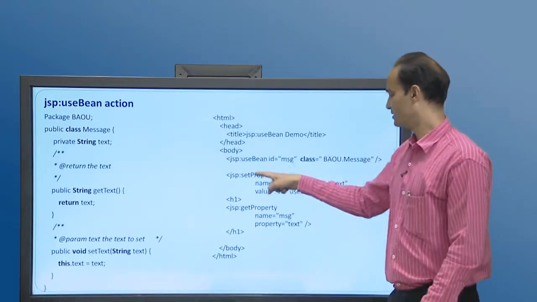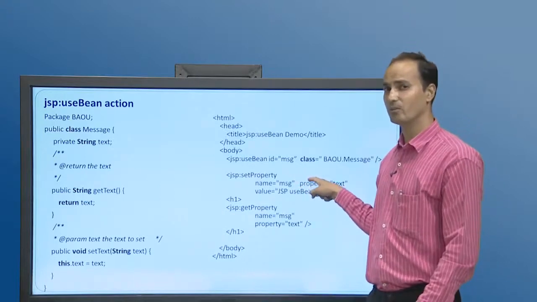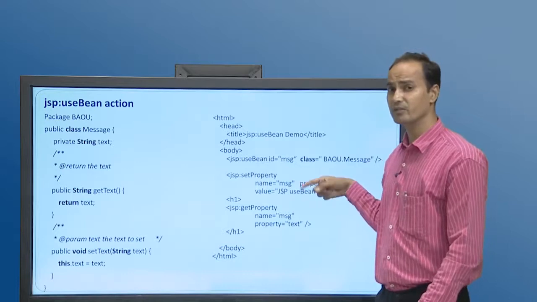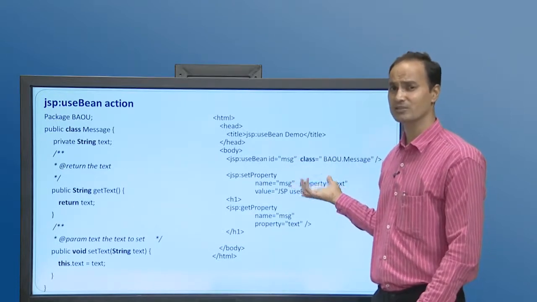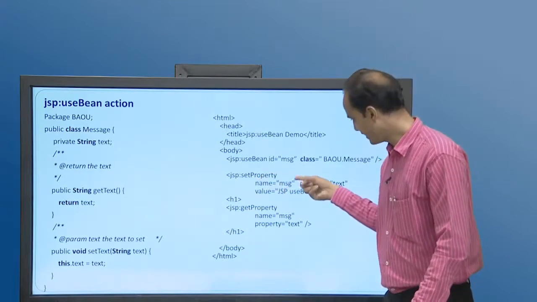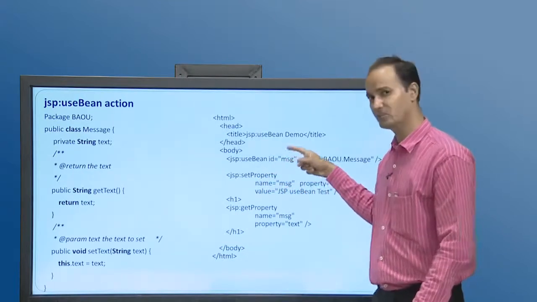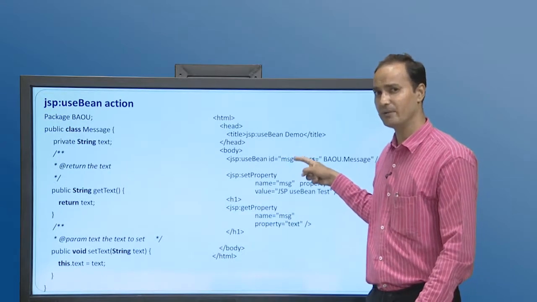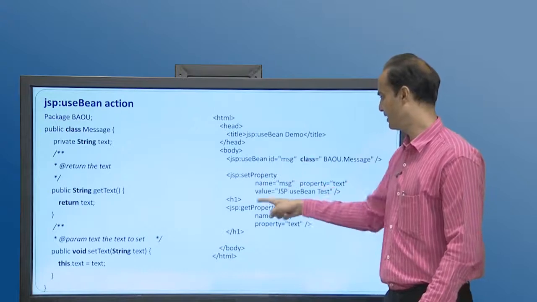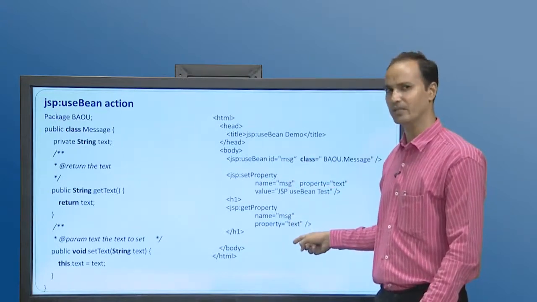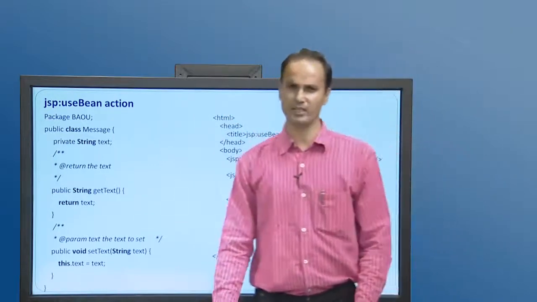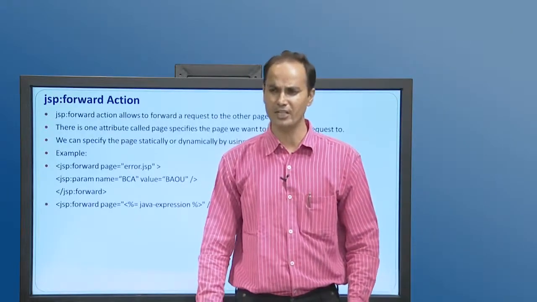Okay. The setProperty will set the value of a particular specified property, but how does it identify which bean property is to be set? That is identified through this name value. It has the same name as the bean id. See, check and match it. So, the bean id must be used in the setProperty and getProperty. See here, setProperty and getProperty, to get the property that we have already set in a bean. This way the standard action useBean helps us to manipulate the model or bean data.